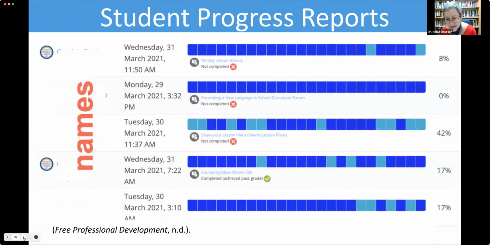So can you go on to the next one? And this I love. This is a block on the Moodle. It's called Student Progress Reports, where you can actually see how much the student's done, where they're not doing their work. So if they ask, why didn't I get my badge? All I have to do is go into this and see what activity they didn't do. So it really provides the teacher, whoever is doing the support, with lots of information. Go on.